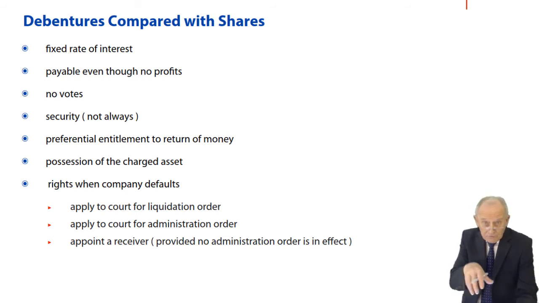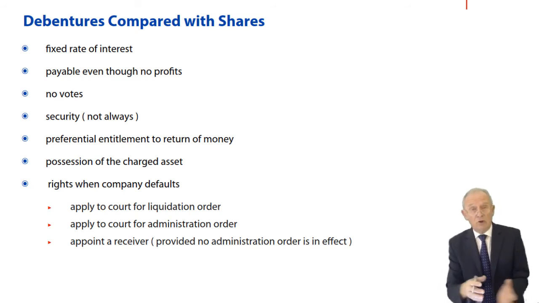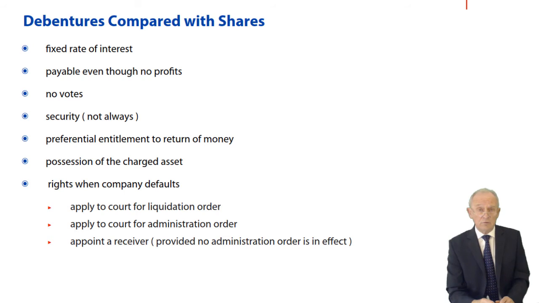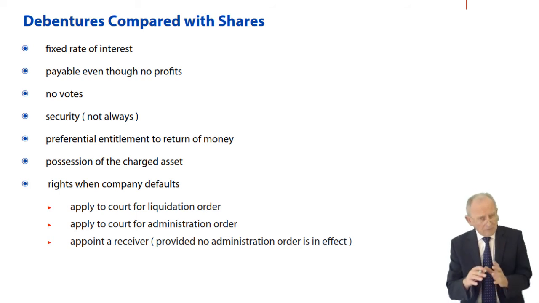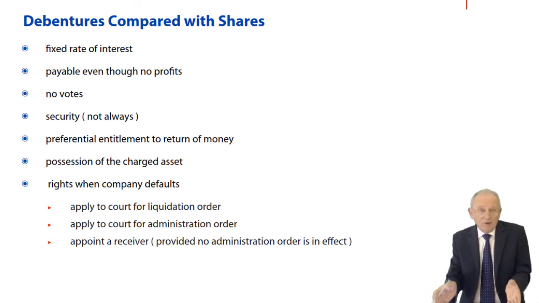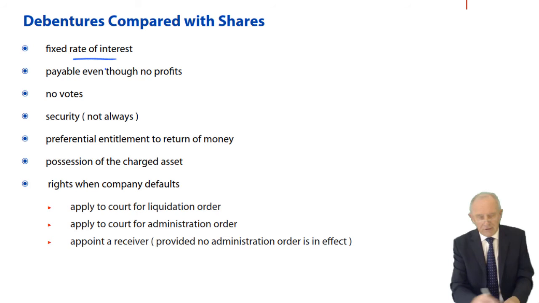But confusions arise in students' minds as to whether or not a debenture holder is entitled to attend general meetings of the company, or whether a shareholder can get paid before the hire purchase creditor. So let's have a look at these differences, even though really a zebra has got 4 legs and a golden eagle's only got 2. It's that basic. Fixed rate of interest for debentures. You can have a debenture with a floating rate of interest, but that is very unusual.